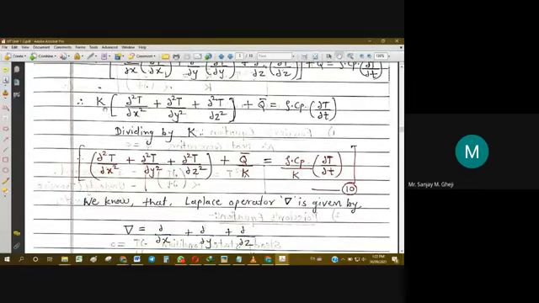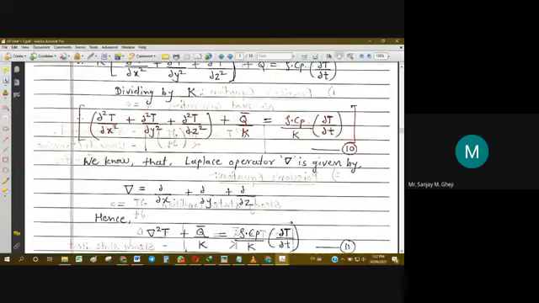Now we will divide this entire equation by k on both sides. So this k will disappear. Here we get q bar by k, and here we get rho cp by k, because this equation is divided by k, so k cancels here and the remaining k appears here. So this second order differential plus q bar by k equal to rho cp by k into ∂T by ∂t. This is equation number 10.